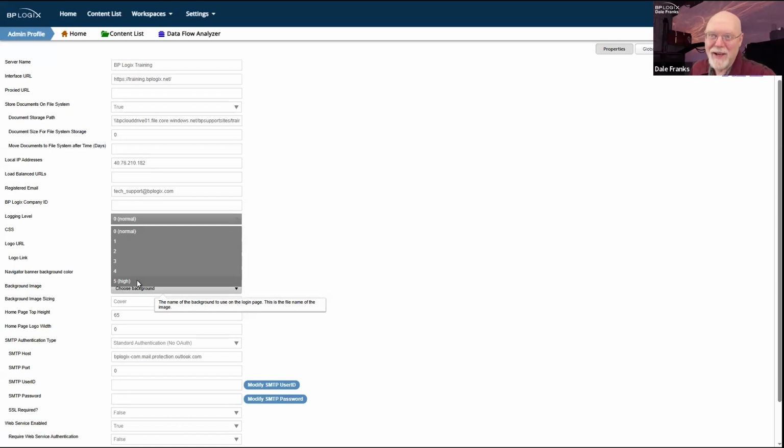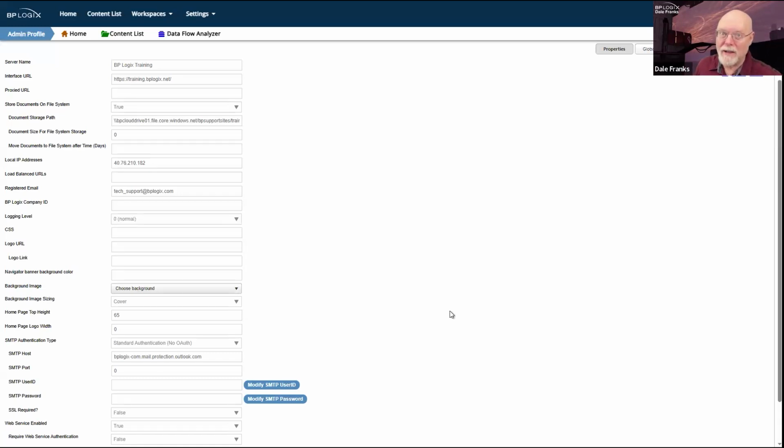And then it's going to go to backup 9. So basically, at the end of the day, what you're probably going to end up with is an hour to 90 minutes of backup logs to determine what happened. And if something happened yesterday, you're not going to have logs that go back that far because your logs only go back 90 minutes. So your normal logging level should be set to 0.